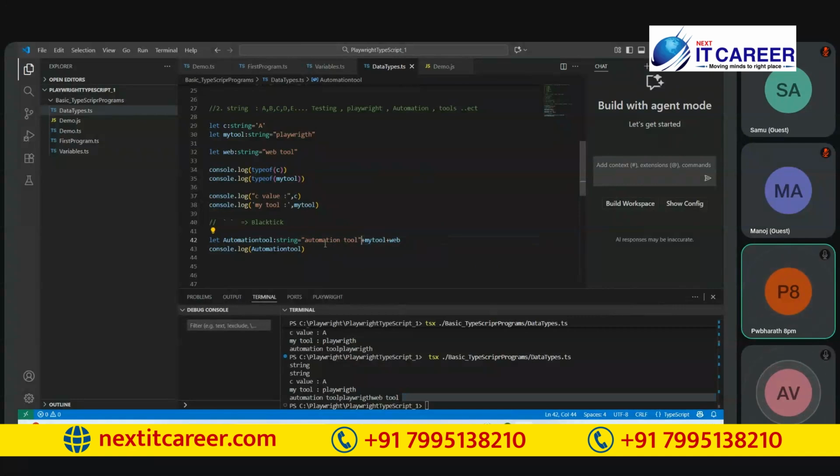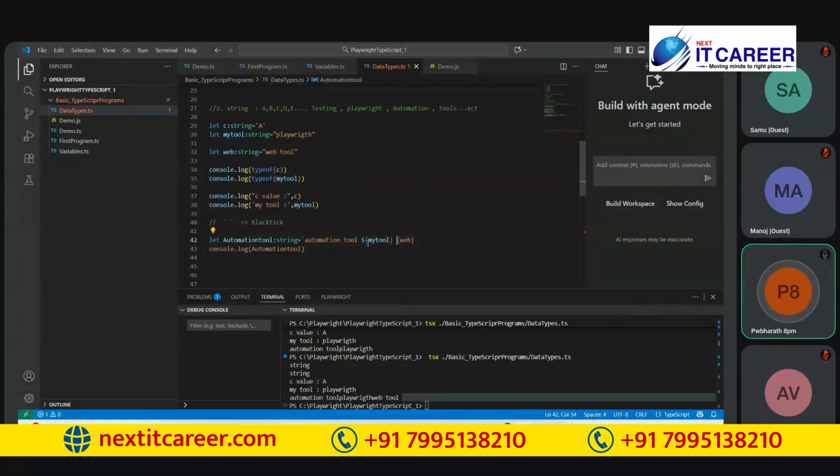We have one backtick. By using this backtick also we can do it. When you use this backtick to perform a concatenation in a string, from the beginning you have to put this backtick, and wherever you are putting a concatenation, you should put the variable inside curly braces, and from the beginning you should put a dollar.